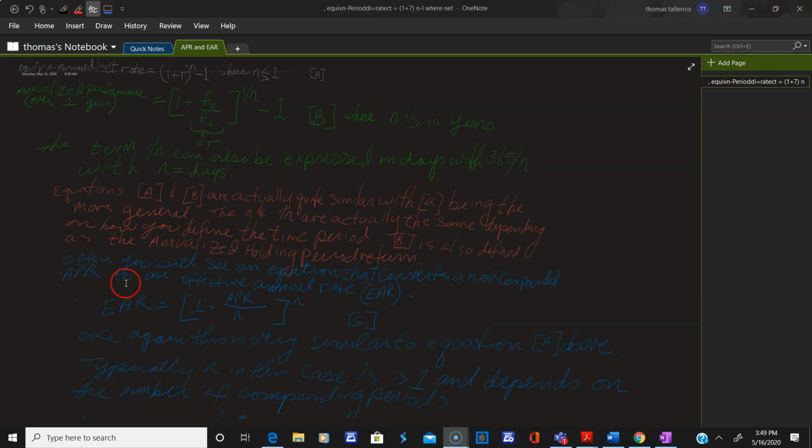non-compounded APR to an effective annual rate, and I call that EAR, like the word ear, effective annual rate. And that's this equation here. Now, what you've got to do is take your annual percentage rate, which is not an effective rate. Now, you know that it's a year, and you divide it by the number of compounding periods within the year, and then raise this to the nth power, okay? So this is a little different than this, but in reality,